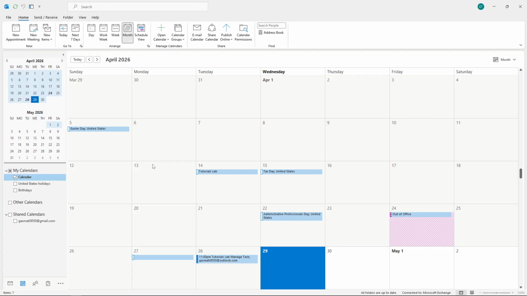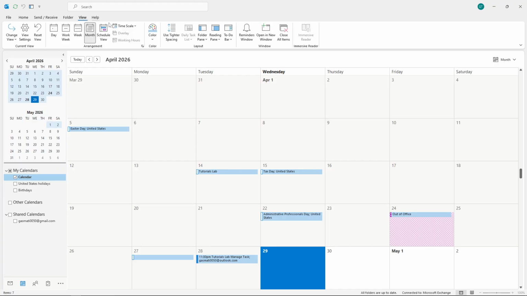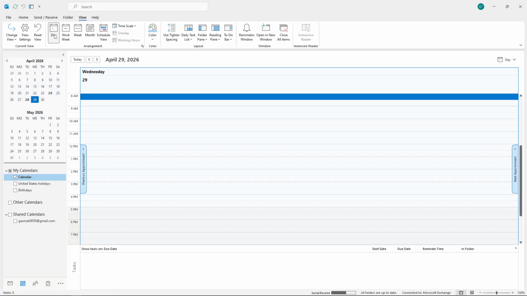Once you're on your calendar menu, look at the top part of your screen and click on the View tab. This tab contains all the viewing options that control how your calendar displays information. From your View tab, look for the Arrangement section. Here you'll find different ways to view your calendar, such as day, week, or month views. Enable the day view by clicking on it. This switches your calendar to show just a single day at a time, which is perfect for focusing on today's